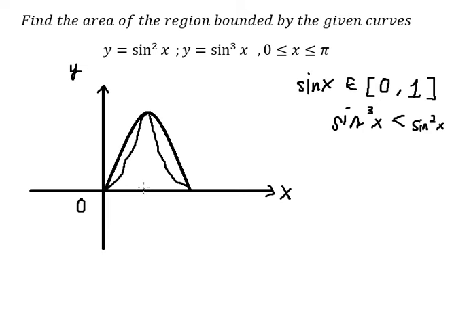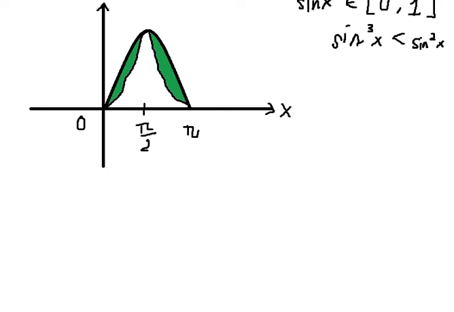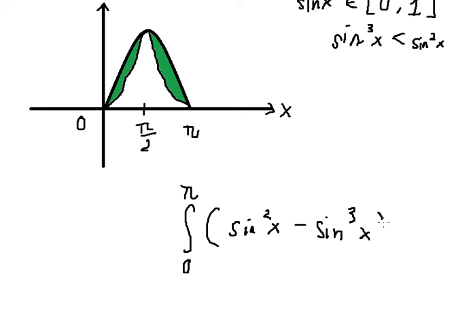This one is about b over 2. And this one is about b. So the area we need to concentrate on should be like this. So we create the integral in here. And we got about the integral of sin x squared minus sin x to the power of 3 dx,